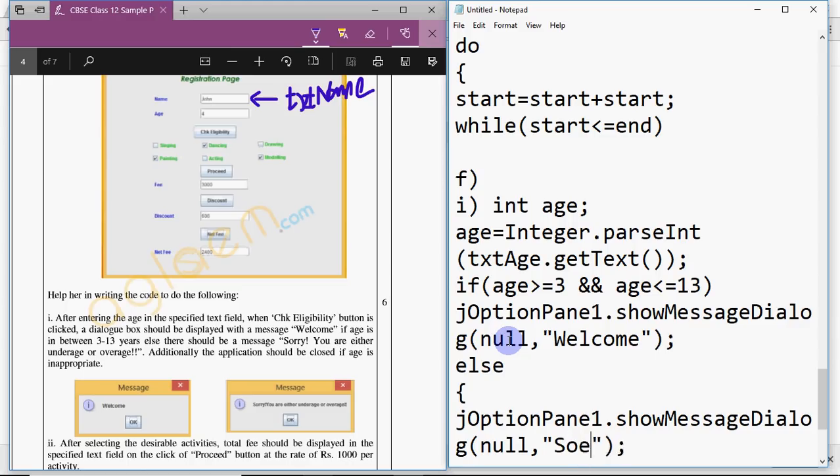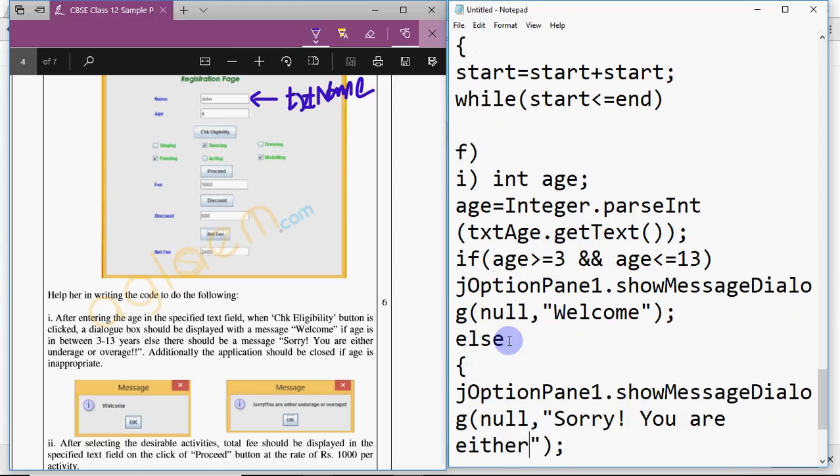this, sorry you are either underage or overage,